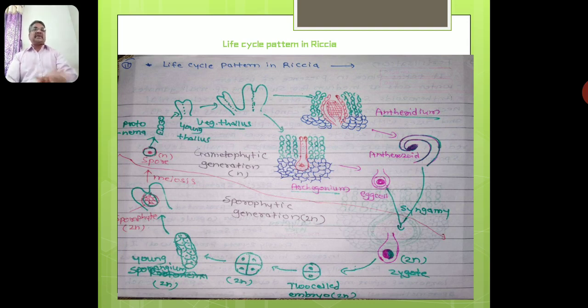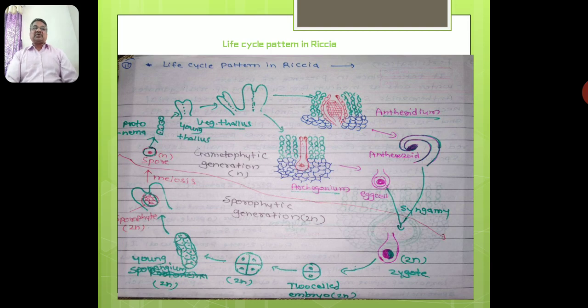For example, if any one generation is absent, can you imagine the life cycle will continue to be complete? No. For example, if the sporophytic generation is absent, no new spores will be produced, no new thallus will be developed, so there will be no possibility of the gametophytic generation. Or just imagine if the gametophytic generation is absent, then what will happen? If the gametophytic generation is absent, no sex organs are produced, no gametes are produced, so no formation of the zygote